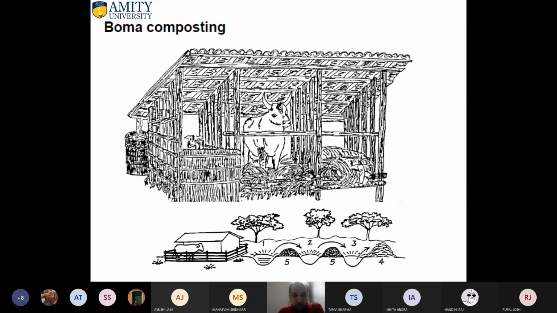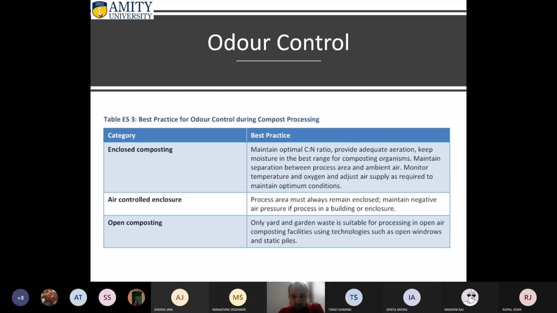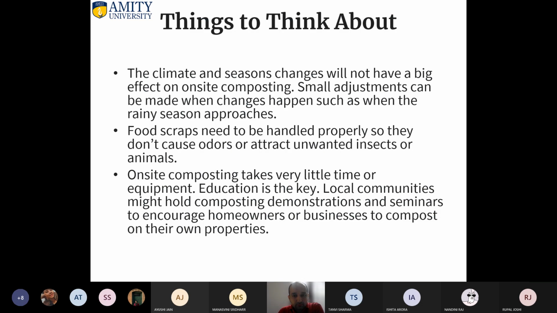So we have talked about all these methods, and we have talked about the limitations. We have talked about the management. Okay, here we were. Why do we need to have vermicompost? Is vermicompost a good option for us? It's obviously yes. Vermicompost is always a good option because